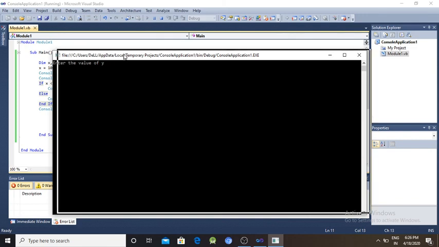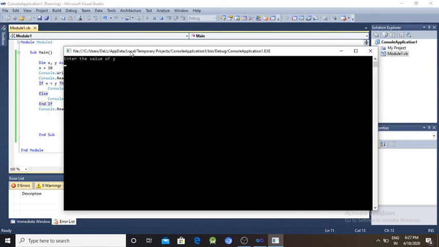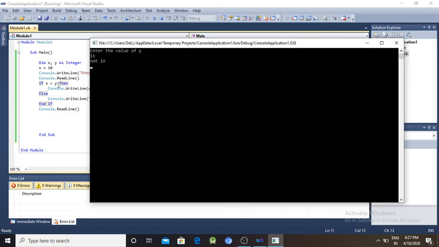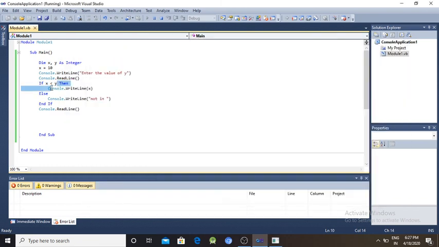Enter the value of y equal to 11, "not in". That means here the second part has been executed. Okay, we will discuss another program to see how the if else statement works.